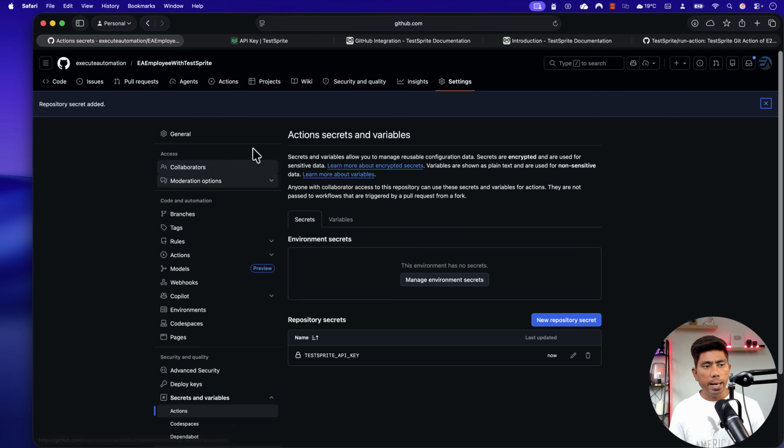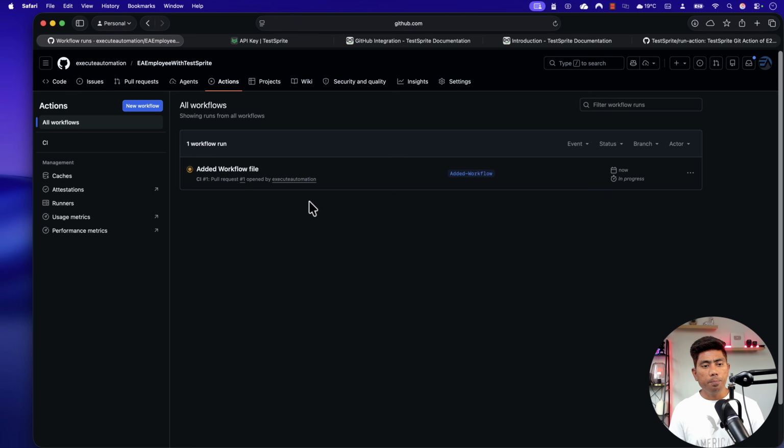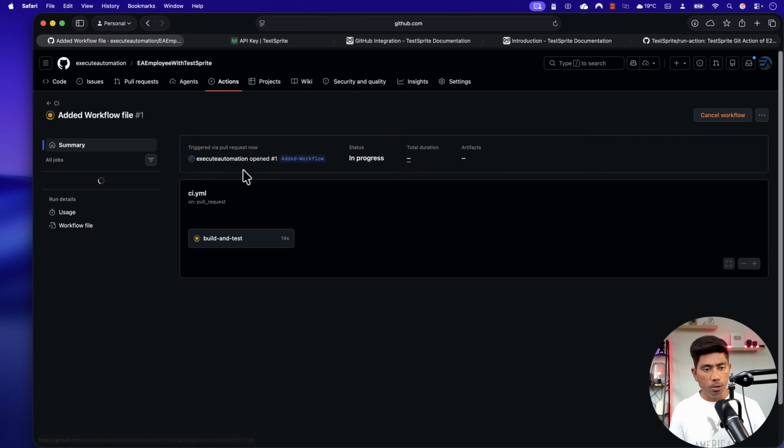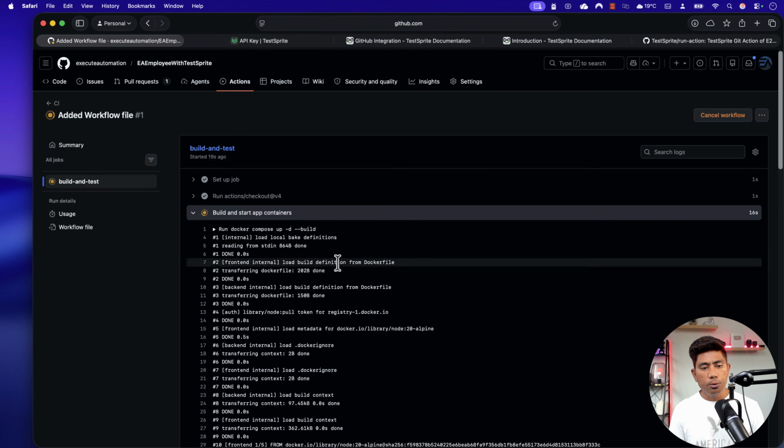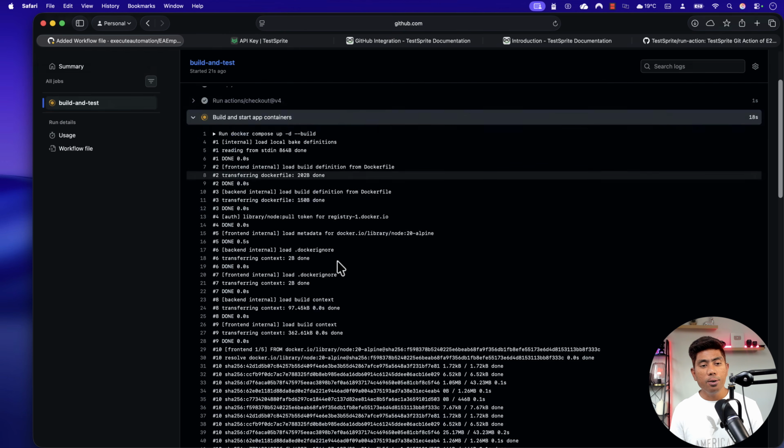So if I go back over here in the EA employee with the TestSprite, you see that we have got the repository secret being added, which is amazing. And now if I go to the actions, I supposedly see there is a workflow running. See that there is this workflow running, which is cool. And now we have this build and test workflow running, and you see what's really happening. So now my application is